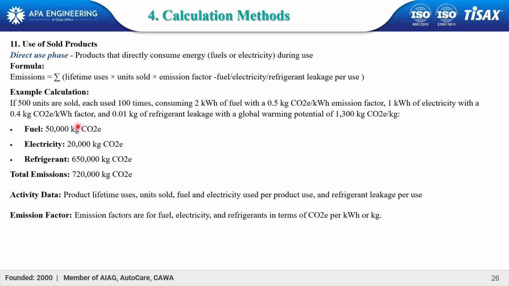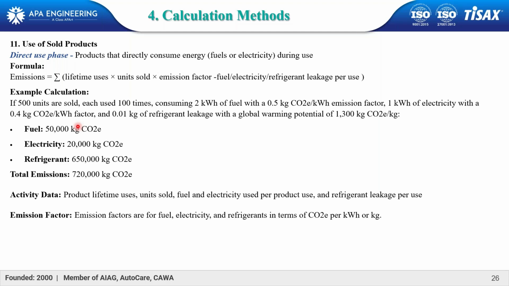So if 500 units are sold, and each is used 100 times, consuming 2 kilowatts of electricity, and others listed here, each of them will give us an emission factor as given below,